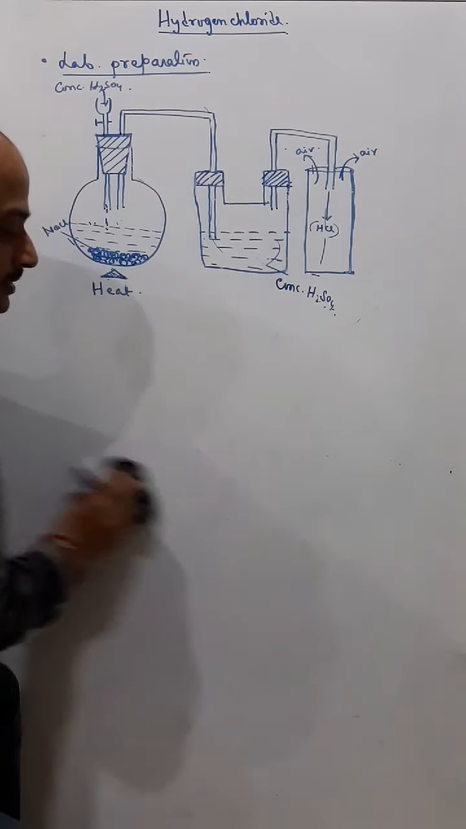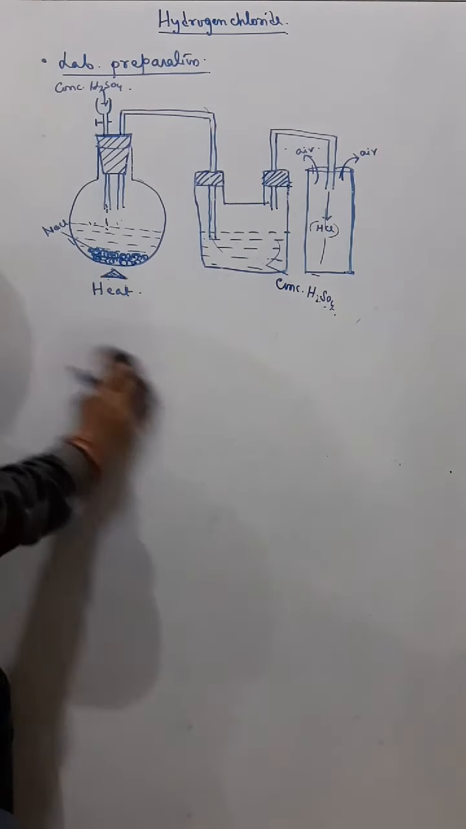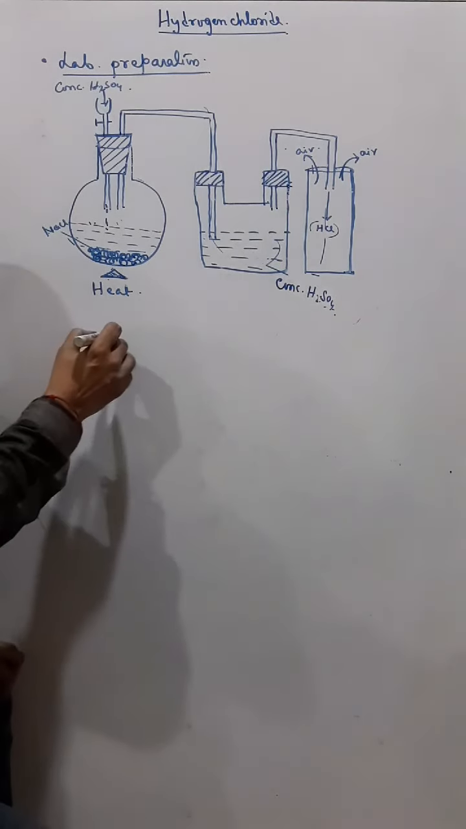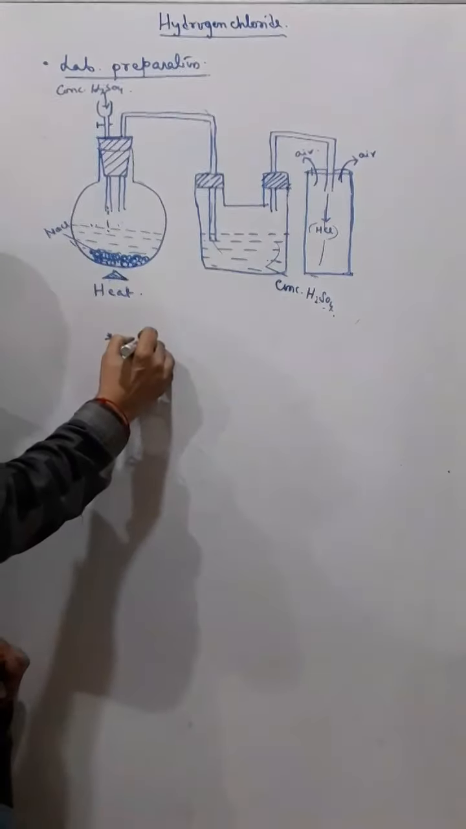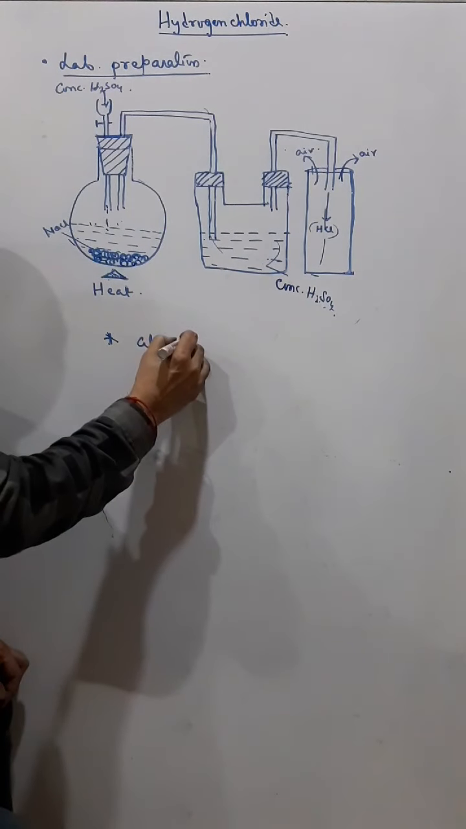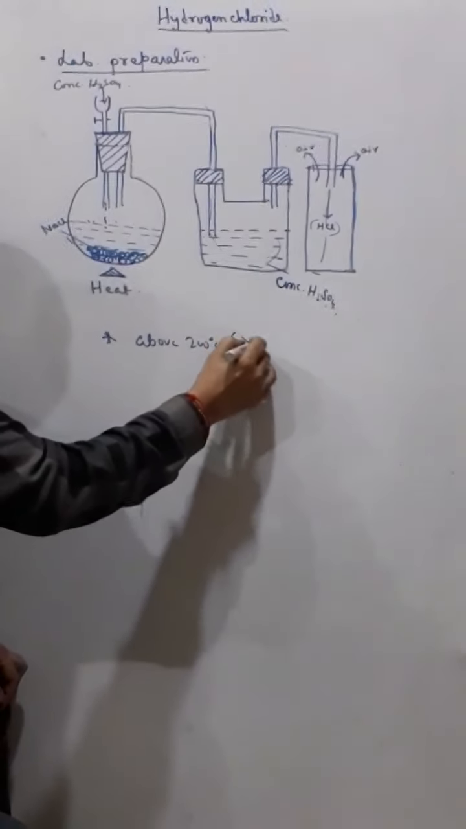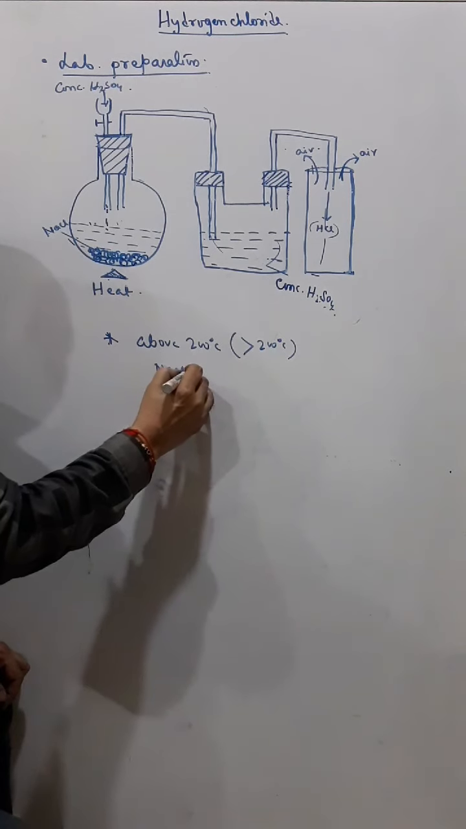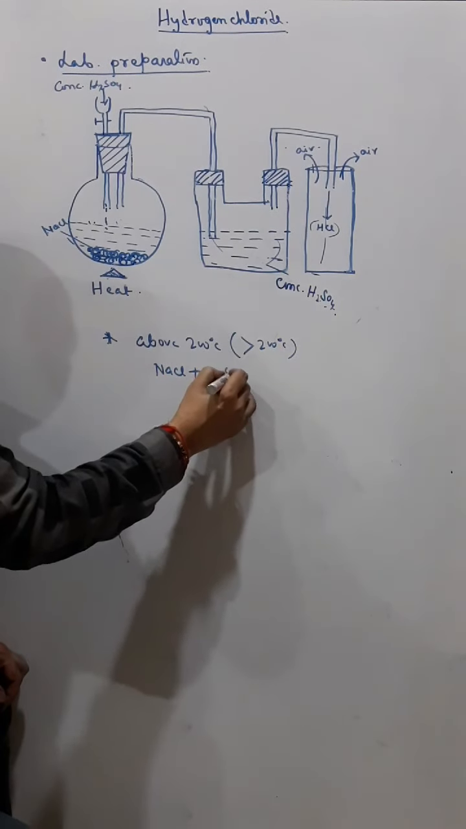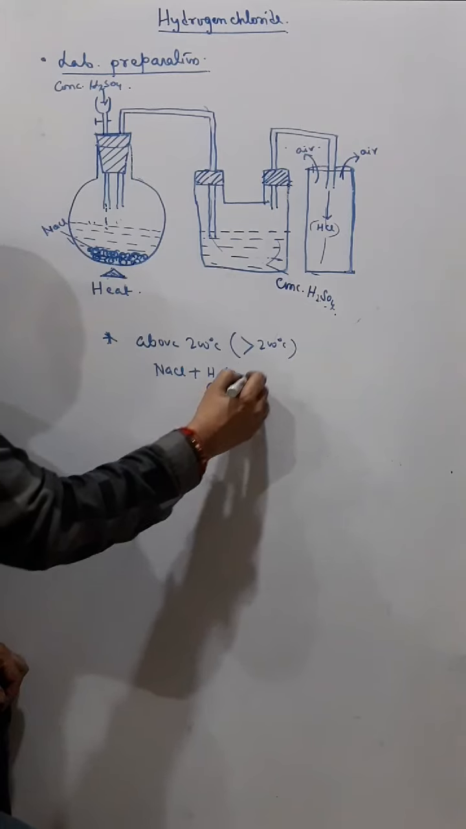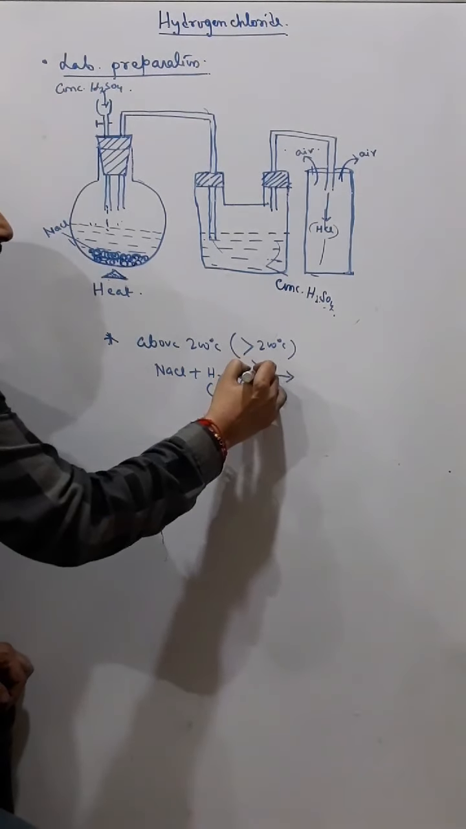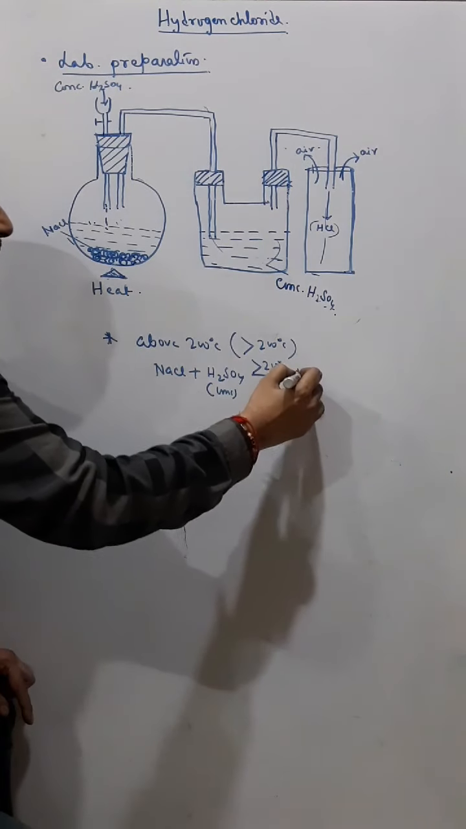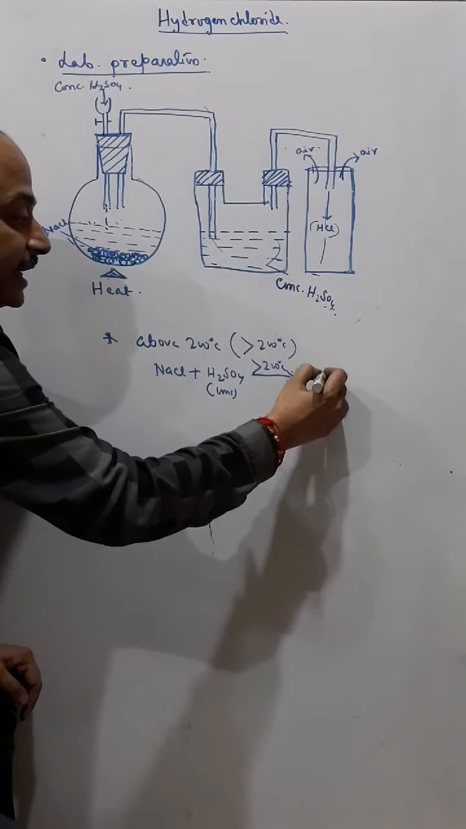Why is the temperature maintained below 200 degrees Celsius, not above 200 degrees Celsius? It's a very important question. Now if I take a temperature greater than 200 degrees Celsius, then what happens? NaCl plus concentrated H2SO4, and if I take above 200 degrees Celsius, then instead of sodium hydrogen sulfate, we get Na2SO4,